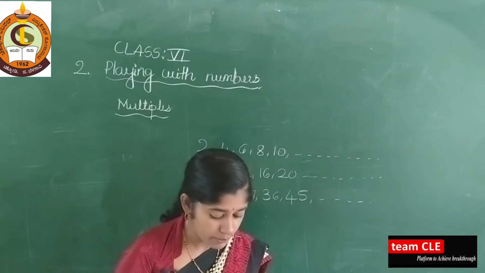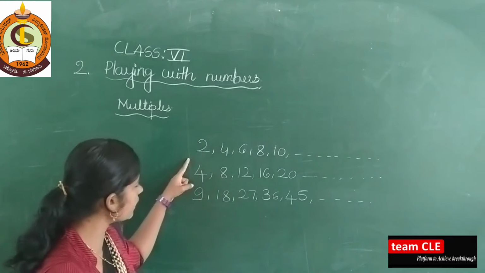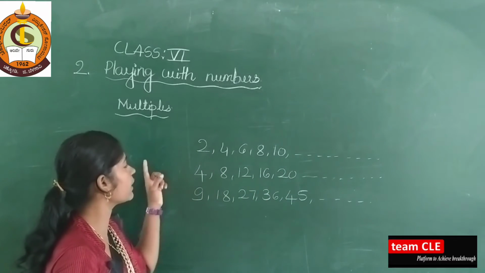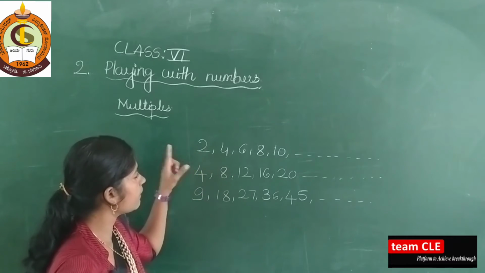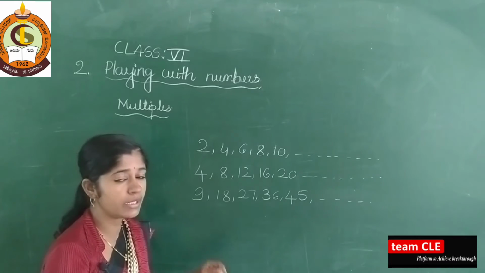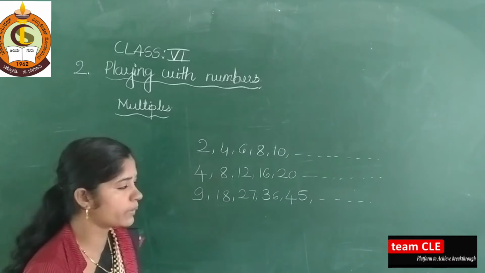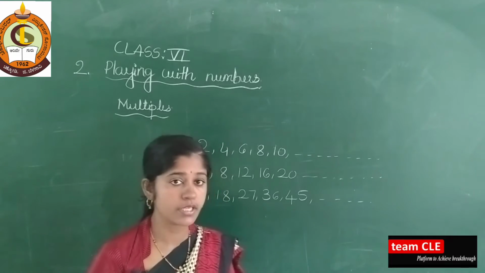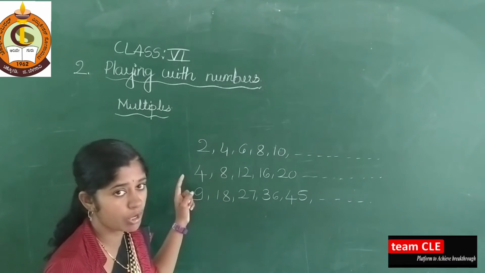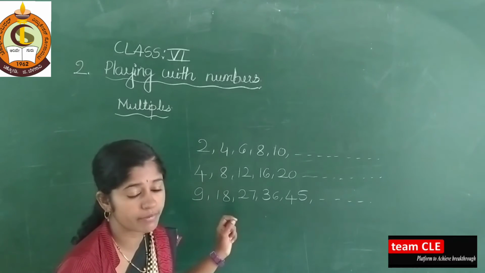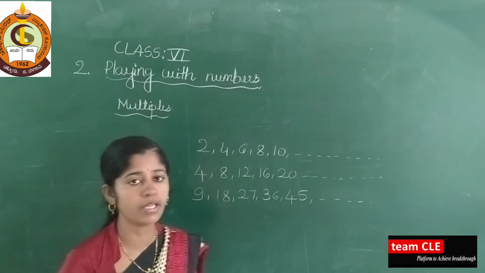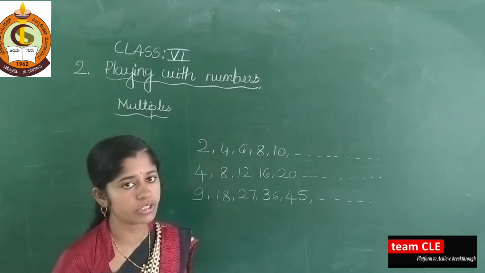Next one more is: a multiple of any number is equal to or greater than the given number. See here, I wrote the multiples of 2. Then see here, the multiples are equal to or greater than the given number. So these are some properties of multiples. First, every number is a multiple of itself. Every number is a multiple of 1. Multiples are infinite in number, and multiples are equal to or greater than the given number. So this is about multiples.